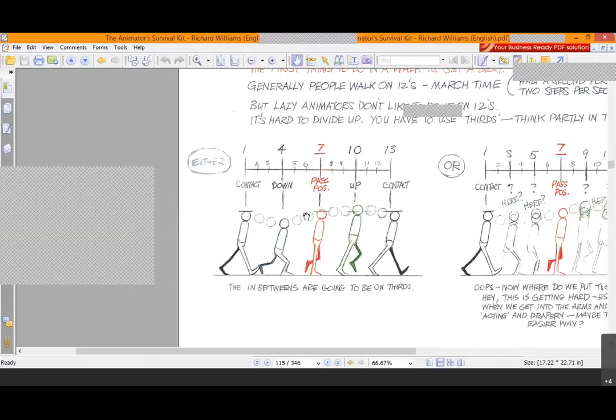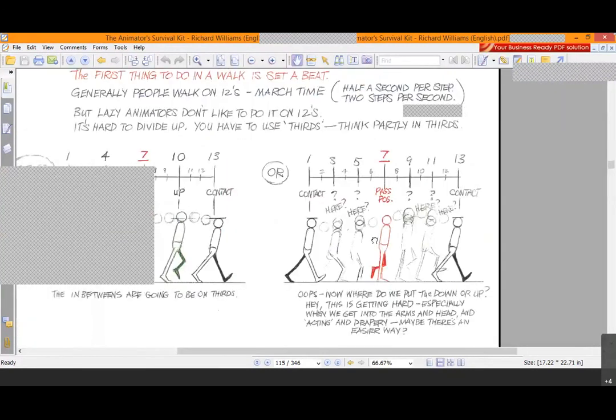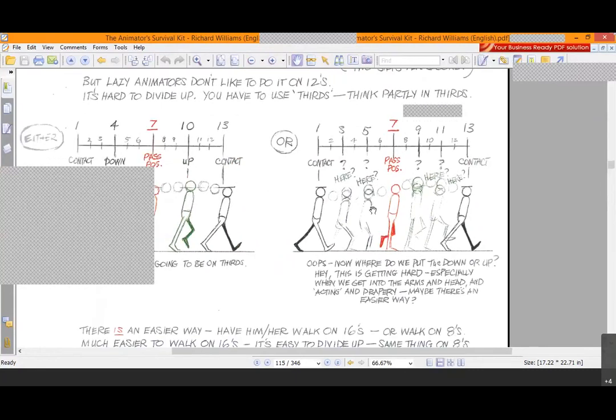Frame 5 would be at this position here, 6 would be here, and 7 is where the passing position would be. Then 8 and 9. So this is what they mean by thirds: you have 2 frames in between. One, two, three, four. So it has the key pose like